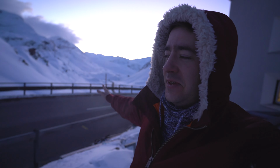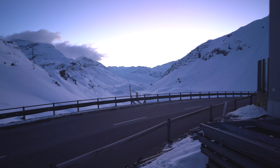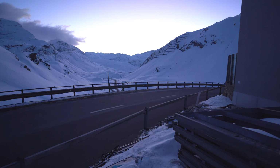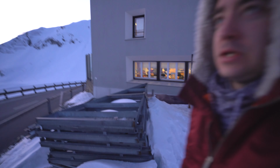So this is the view for the end of the day. As you can see, it definitely was worth it to go in the mountains. The sun is setting down there. There's a road we just took. So we just want to grab something to eat, probably in this very nice restaurant, and sum up my experience